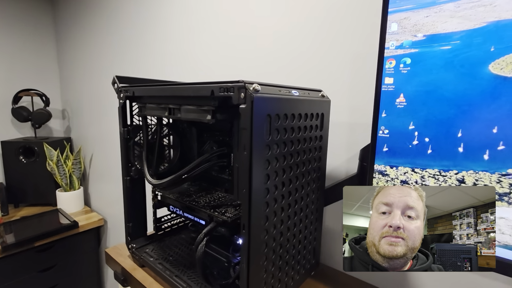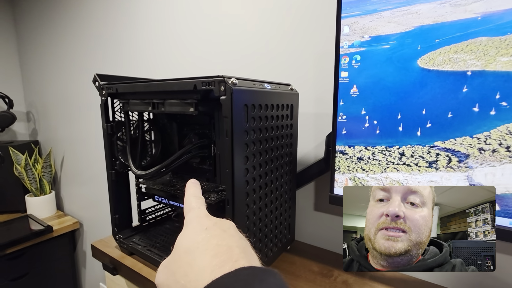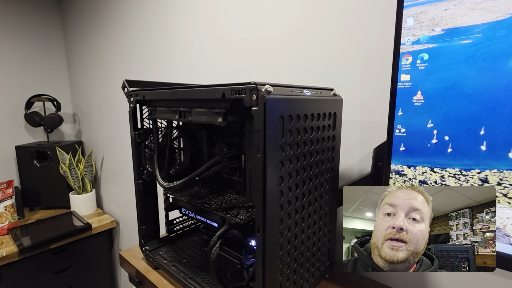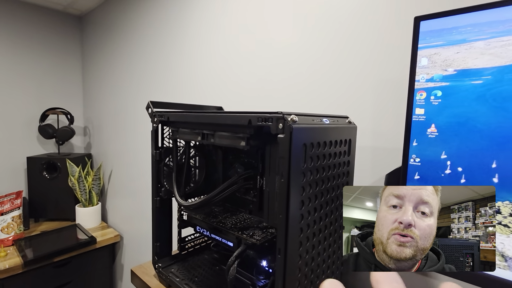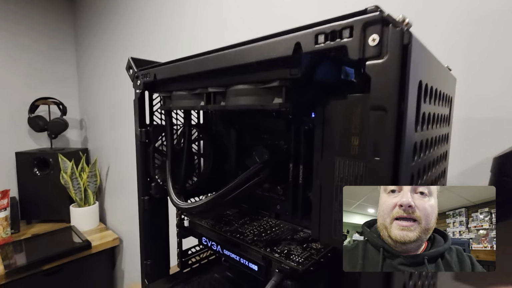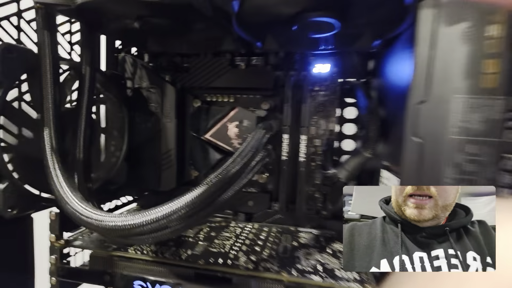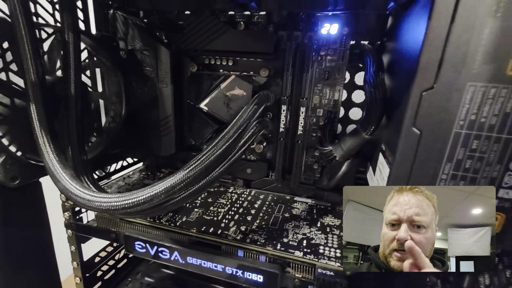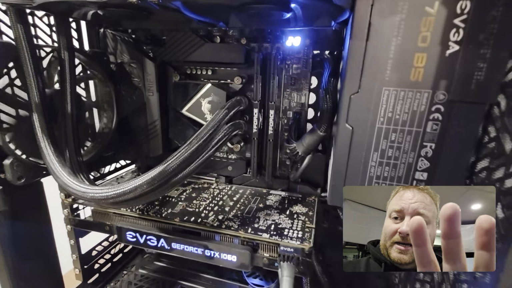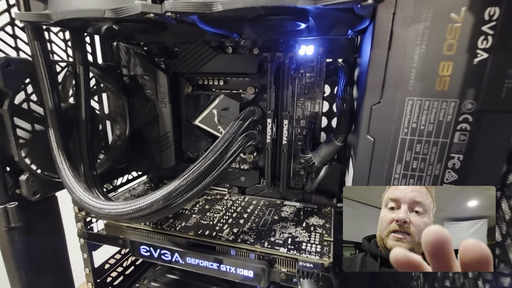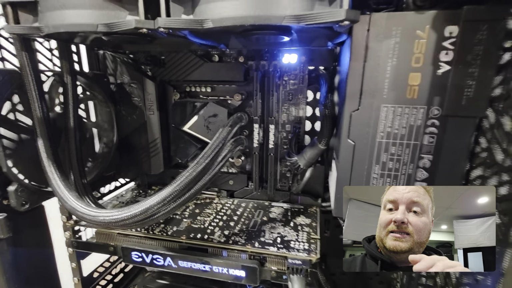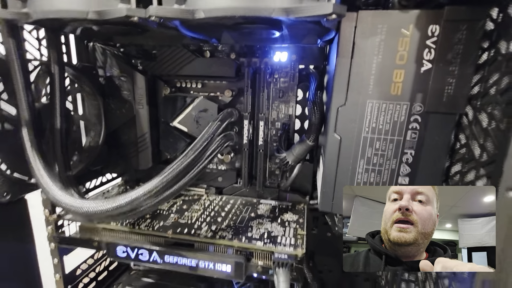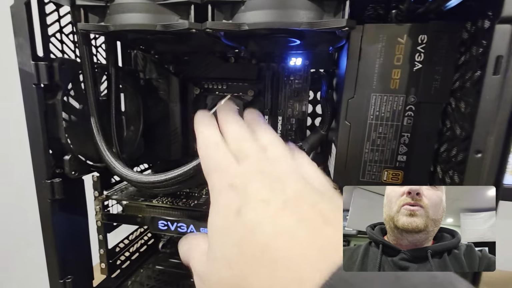I have another BIOS update. This is the Dark Dragon. I am selling this because I need the money, and that's the only reason. But let's do a BIOS update. This motherboard is an MSI MEG. I'm trying to keep myself in frame, so it might be kind of difficult. It's an MSI MEG Z690 Unify. And I forget what CPU I have in here. Oh, it's a